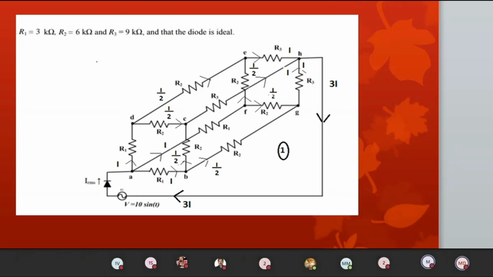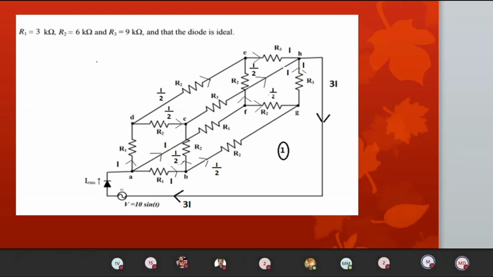So current entering a node is equal to current leaving the node. Which is the entering node? A. Which is the leaving node? H. 3I equal to 3I. We have only one loop which is perfectly satisfied. Right? So we are going to apply Kirchhoff's voltage law for loop 1 only. Even though the question seems a little fuzzy, and you may think all the resistors are different, no, at the entering point, you have the same path.